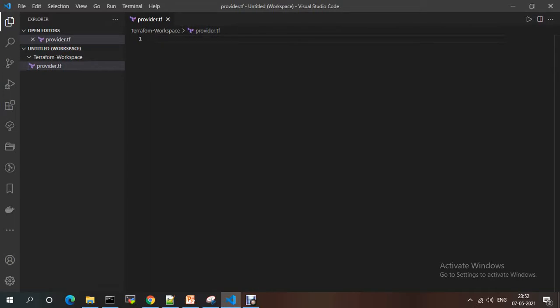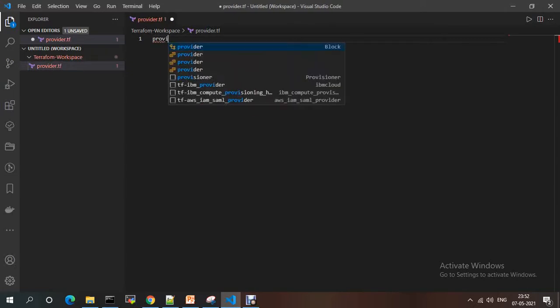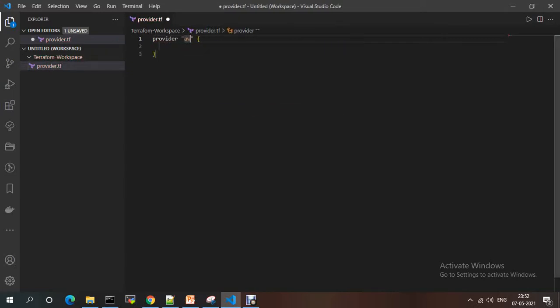So you provide the provider details. Mine is AWS, and then the region, meaning the region in which you are going to create the resources. You provide the region details.